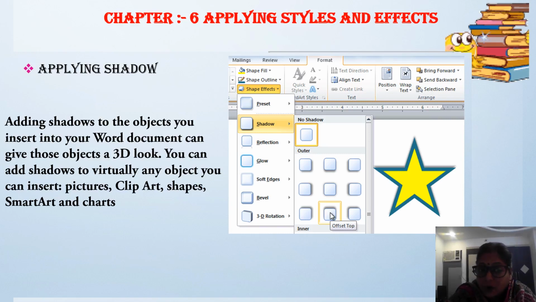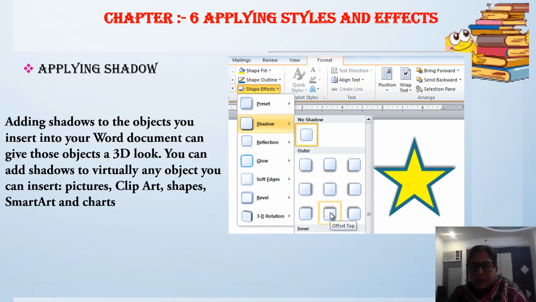You can add shadow to virtually any object. You can insert picture, clip art, shape, smart art and charts. You can use shadow effect on any object. Even you can use it on text also, clip art, shapes, any.